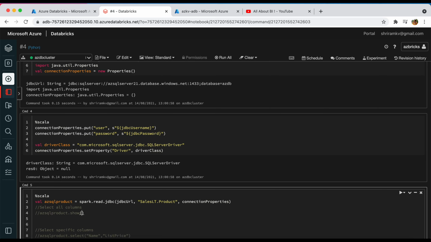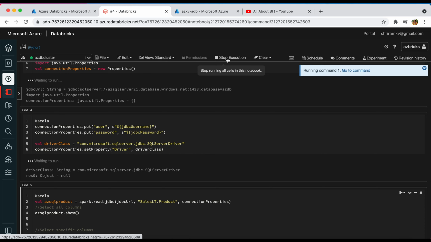Once we are done with that, we can query SQL Server or print the columns using the commands below. You can say Azure SQL product dot show. If you do this, it is going to show all columns, and if you specifically want to retrieve certain columns, you can do a select and pass the columns that we want to retrieve. We can do much more transformations here, which I will take in the next session. This session is to show how we connect to Azure SQL database and do a simple select query. Let me run this and show you how it works.